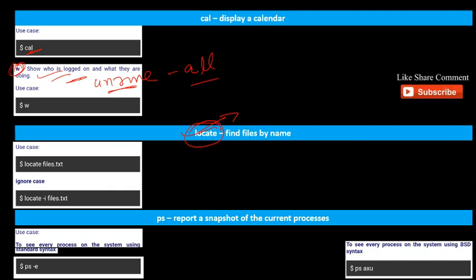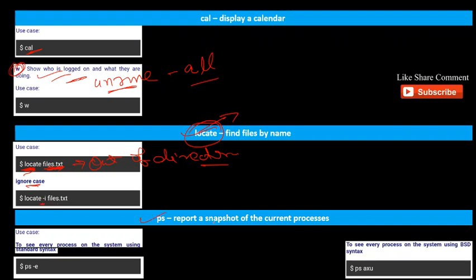meaning whether it is present anywhere, at any location in Linux or on the server. It will locate that file and show you where it exists. You do not need to come out of the current directory; it will show you files outside the directory as well. Like you can use locate file.txt, and it will show you the location if it exists. It will search all places of the server, find the file, and print its location at the terminal. And to ignore case we use hyphen i.